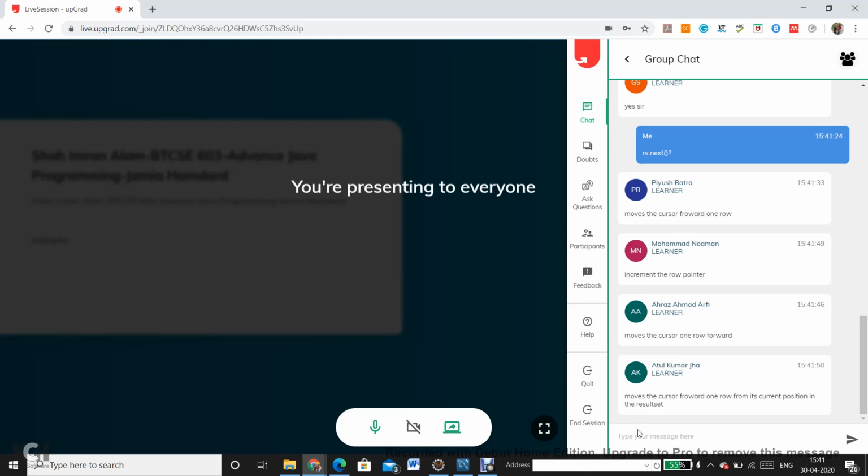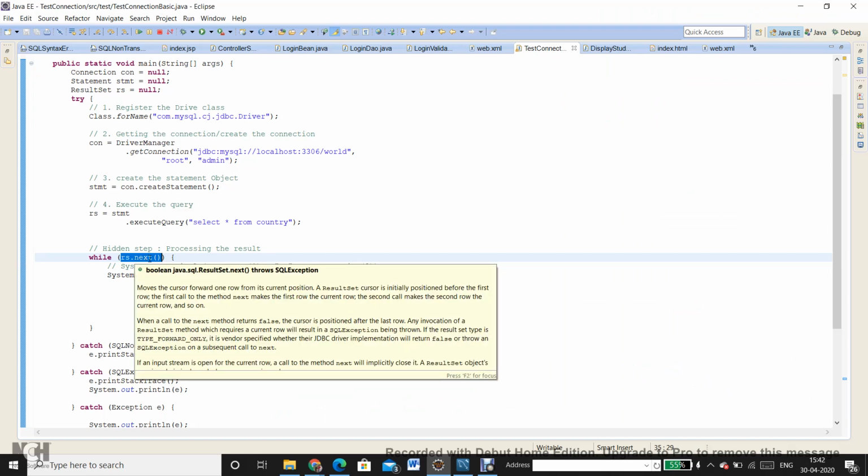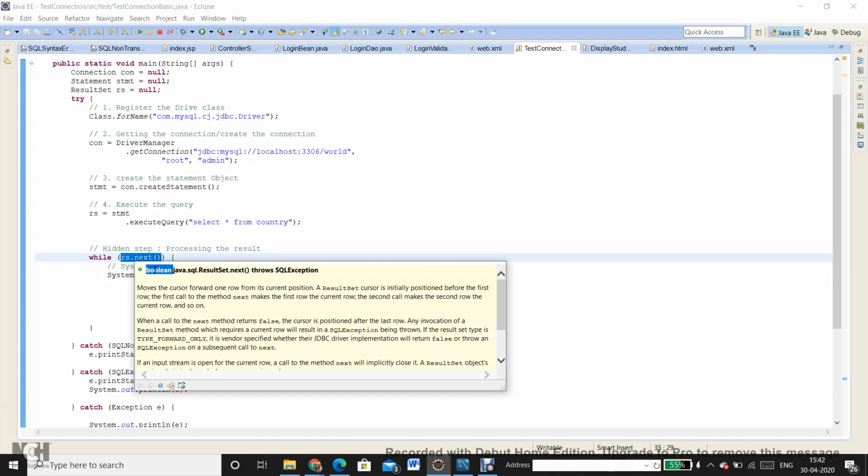Okay, a lot of people are saying it moves the cursor forward one row from its current position in the result set. That's correct, but it has a dual purpose. If you have a look at the signature of this rs.next method, it returns a boolean value. That means not only does it move its cursor to the next row if there is one, it also returns true or false.